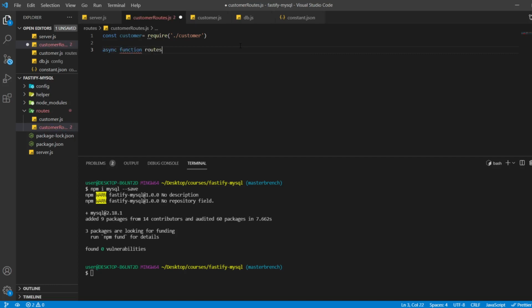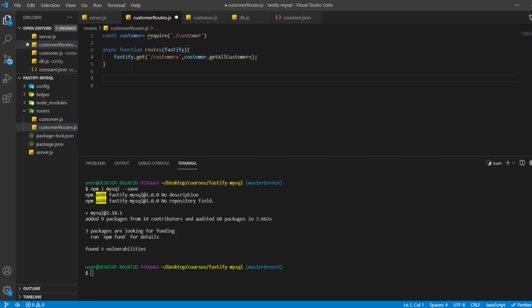The function name will be routes, and it will take fastify. Inside this function we are going to mention all the routes. The first one is get, customers, and customer.getAllCustomers.